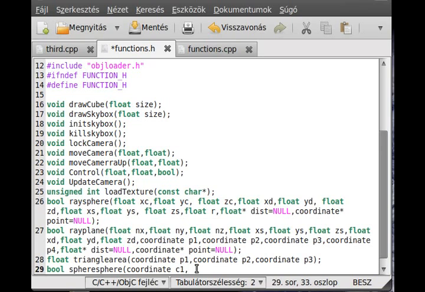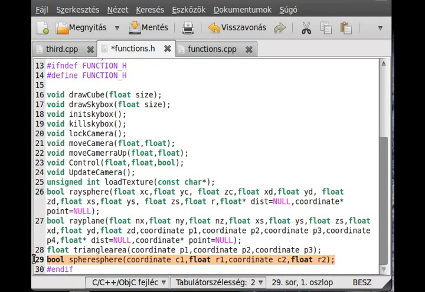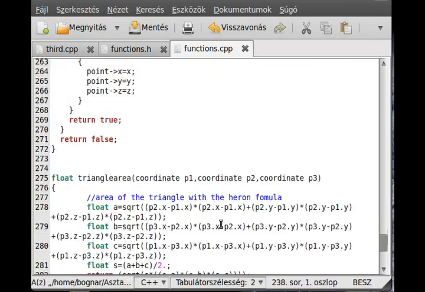It just contains 3 floats, and we have a float R1, so this is the center point for the first sphere, and this is the radius of the first sphere. Then make the coordinate C2 and float R2. Pretty simple. So let me just copy this to save a little bit of time, and I will implement